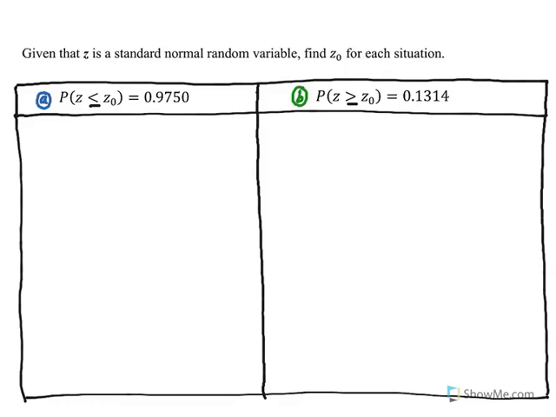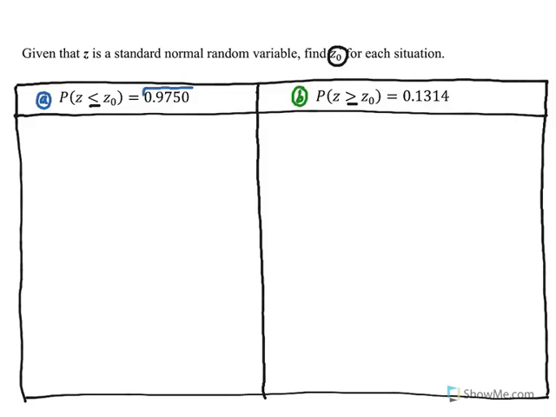Okay, for this question, please have the Z table with you and watch part 1 because there are some explanations done there that I will assume that you know already. So this question is the opposite of the question in part 1. In this case, they are asking you to find Z0, to find the Z score, and what you are given